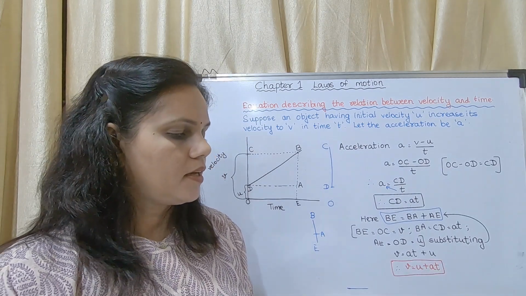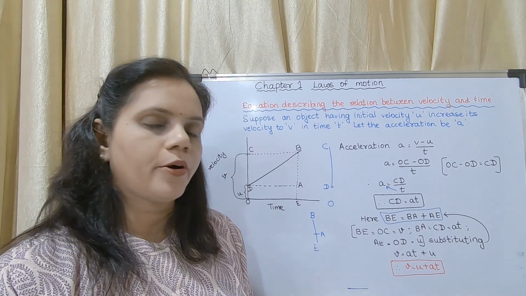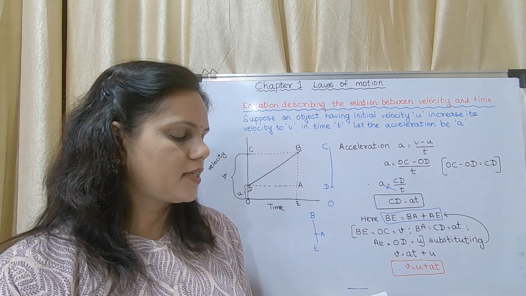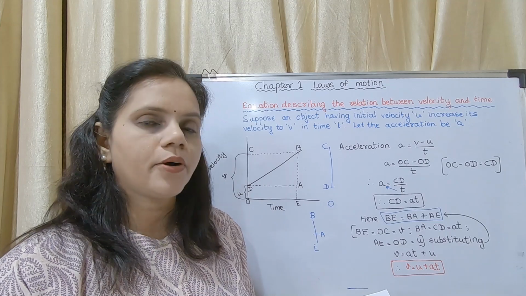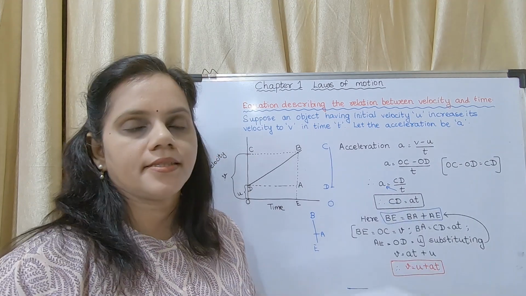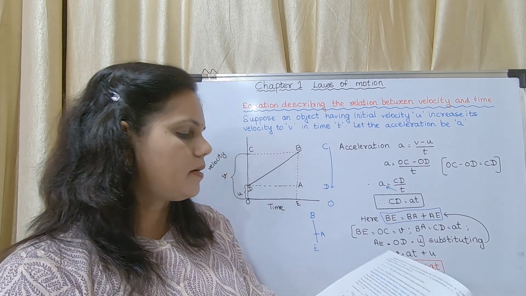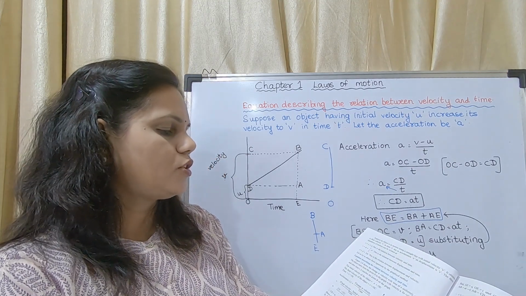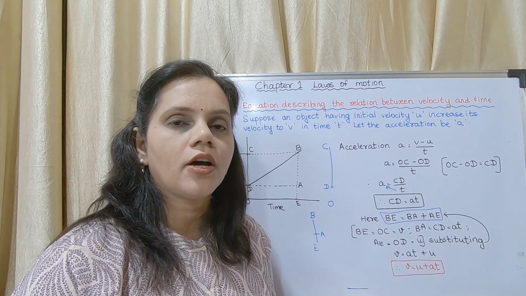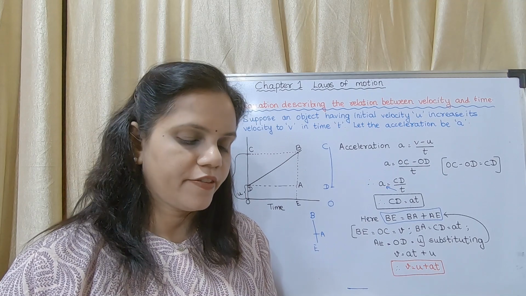You may mark from the initial: the object starts from point D in the graph with velocity u. Its velocity keeps increasing and after time t it reaches the point B on the graph. From the initial velocity till there is the first equation of motion. Till there you have to write. You may skip the paragraph on drawing a line parallel to the y-axis. That much you have to write. Drawing the graph is compulsory. You have to draw the graph. So this is the first derivation.